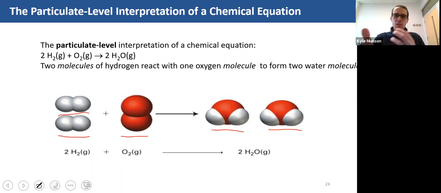And again, like we saw, the types and numbers of atoms don't change. Just the structure of the molecules, or the types of molecules, however you want to put that. So again, we could look at chemical reactions at a particulate level view, and there's two other ways that we could look at them. I think there might be three other ways listed, but two main ways that we're going